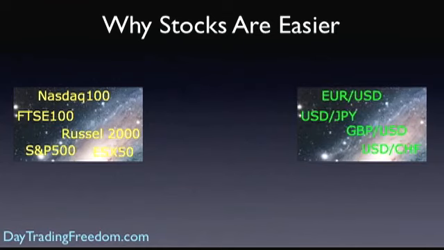And much the same is true of currencies, forex. There's again a handful of very popular currency pairs: the euro dollar, the pound and dollar, cable as it's called, Japanese yen, Swiss franc. Very popular, a lot of people trade them, but the same thing applies. You've got to be watching maybe 5, maybe 10 of those, and out of those 10 that you're watching, how many are going to put in a nice easy chart like the one we just saw? Could be all of them, could be none of them. Chances are not many.